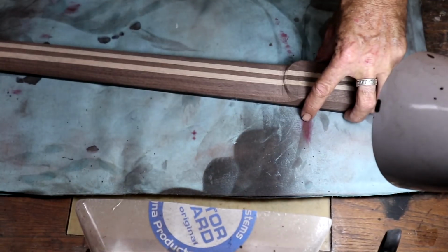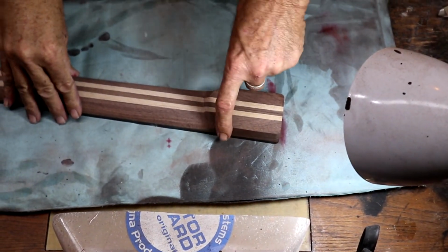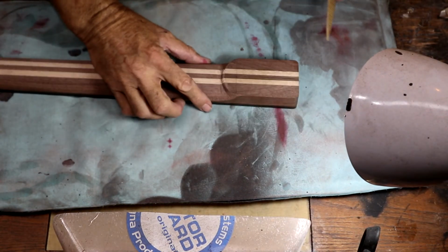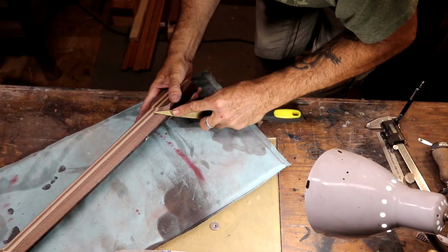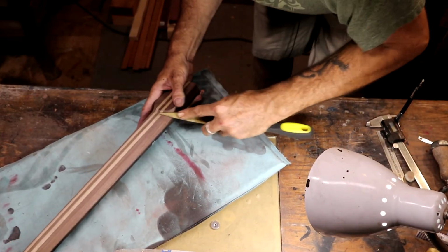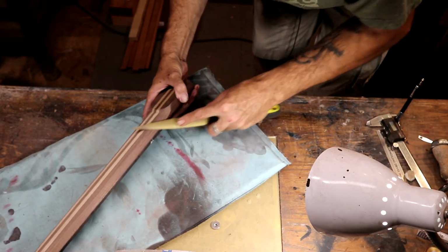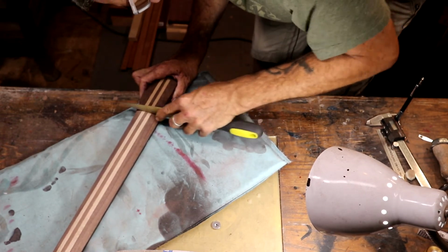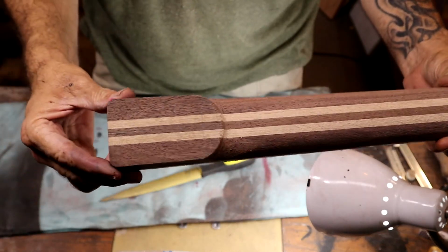Let's cut in this profile, this little heel transition right here. So I'm done with the shinto, and I've already started cutting in this. I just want to start working and smoothing all this out. Right here there's a little dip around that edge, so I want to smooth all that out. Work this into this, and I want a nice round fluid shape. I've got a pretty symmetrical rounded